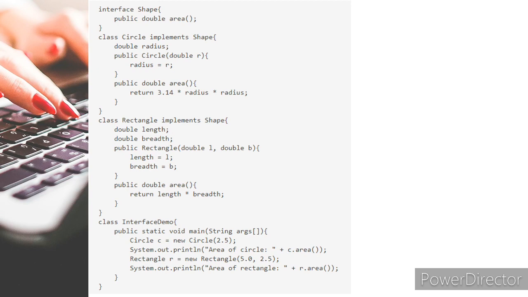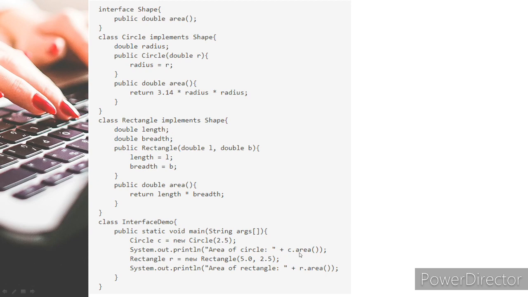So we can write Circle C equals new Circle(2.5). This 2.5 value goes directly to the constructor double R, and this R is assigned to radius. After that, with this object, if we call C dot area, we will get the area of a circle.